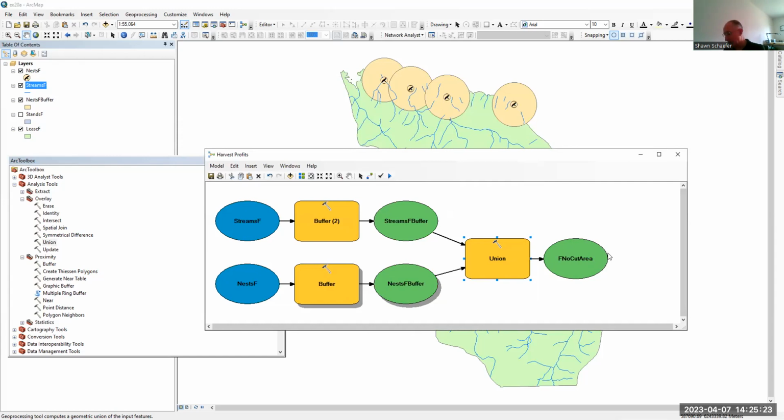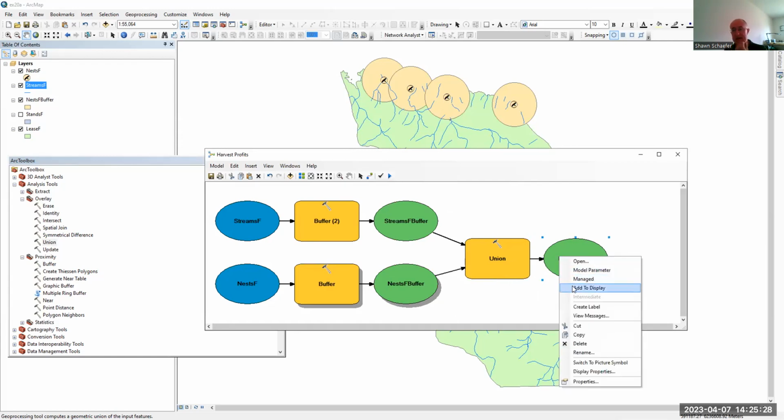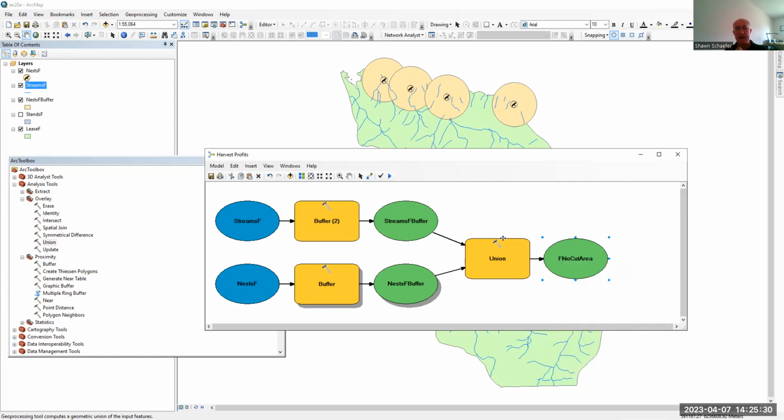And that should set that up. And then I'm going to click here and say add to display. So now we've constructed our two buffers. You put them together in a union to create one file called the no cut area. And with that,